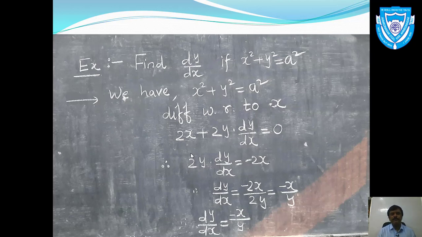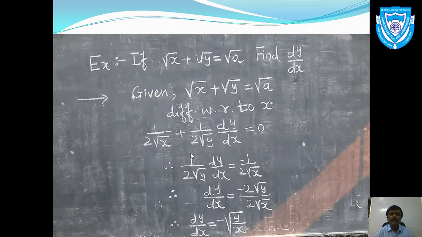So right hand side में उसको shift करने के बाद we'll get dy upon dx is equals to minus 2x upon 2y. This 2y will go to the right in the denominator of right hand side. 2y right hand side shift करने के बाद वो denominator में चला जाएगा. 2 will get cancel and final answer we got minus x upon y. So correct and the final answer is dy upon dx is equals to minus x upon y. So this is all about the implicit function. This is how we find the derivative of implicit function.